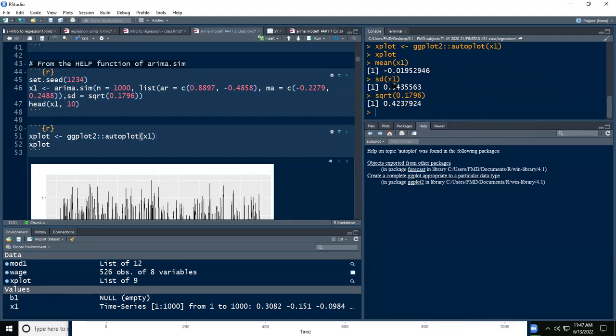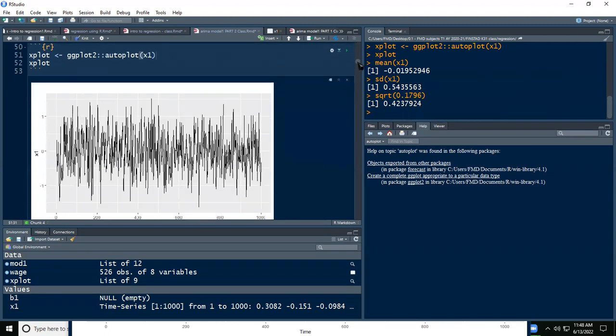So, medyo may kalayuan, no? 0.54 yung lumalabas na standard deviation ng X1 natin. But the square root of 0.1796 is 0.42. So there's a discrepancy there. But that's okay, guys, simulated lang naman kasi itong value na to.